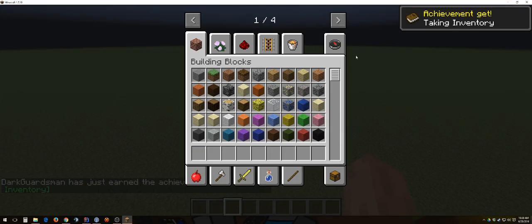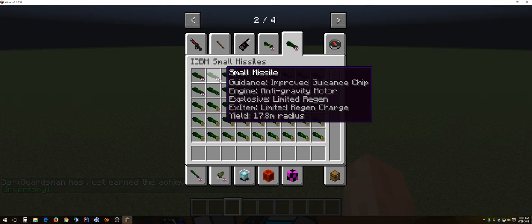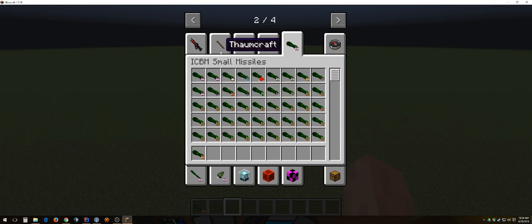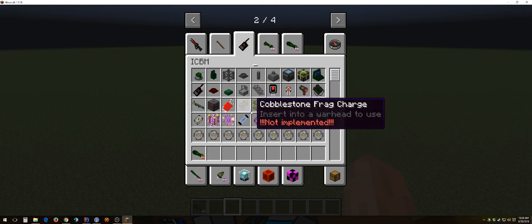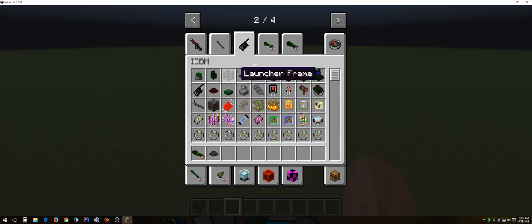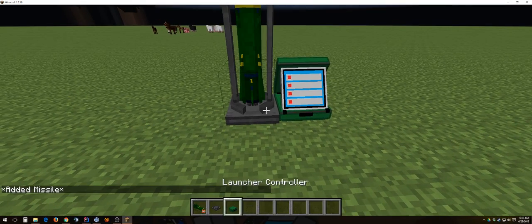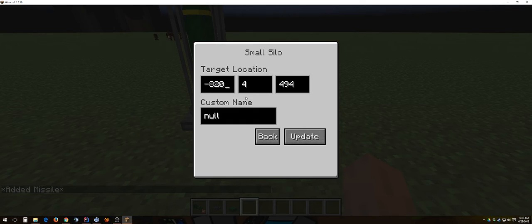But let's see. The first thing to really explain would be the missile flight system. So let's get a couple missiles out here and show how the missile works real quick, and then go back to talking about the background mechanics of it. Keep this simple and just make a simple launcher. Target it about 100 blocks away